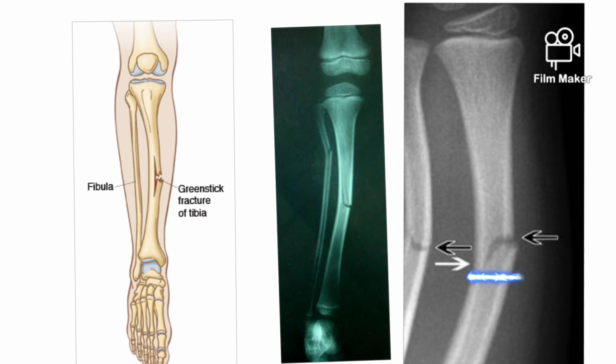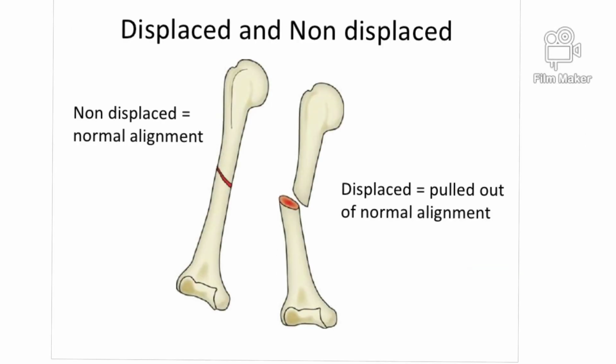And we also see certain displaced and undisplaced fractures. It is nothing but if the fractured fragments are moving apart, we call it displaced fracture. If the fractured fragments are in the same line, we can say that it is an undisplaced fracture. So we can tell the exact location or exact extent of the fracture by seeing the x-ray.